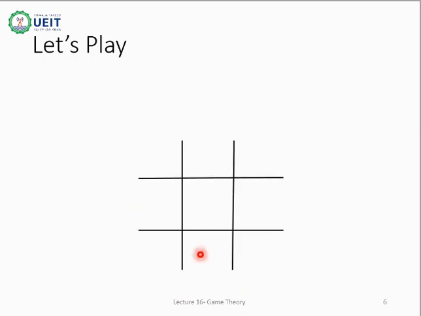Tic-tac-toe is a 3x3 grid two-player game in which you have to mark the boxes with a selected sign, and the one who gets the same sign marked diagonally, horizontally or vertically wins the game. These are the rules of the game. We all must have played this game sometime or another in our life. Thus, the rules of the game are readily understandable by us. Now suppose you are playing the game against a computer opponent. Your sign is cross and the opponent's or adversary's sign is O. The game begins and the first turn is yours.